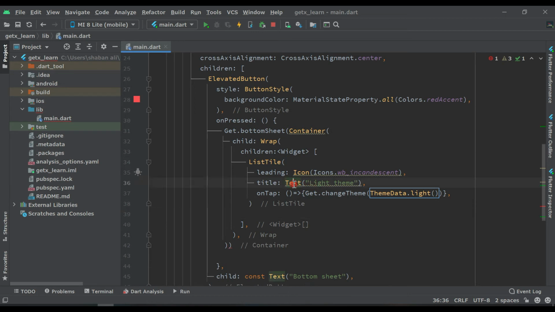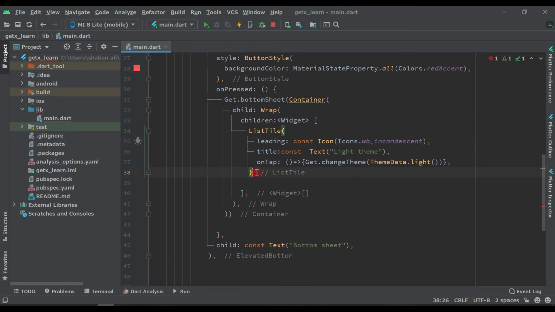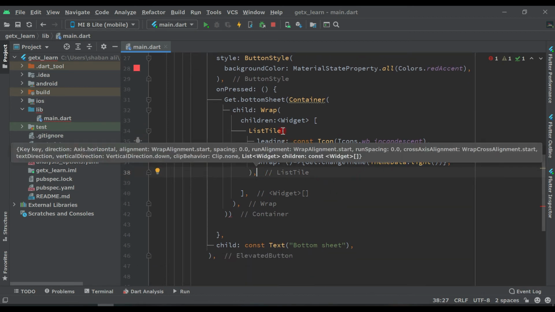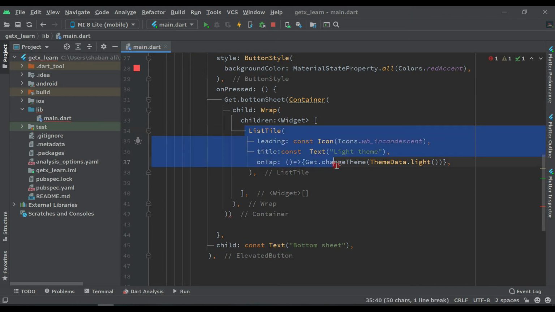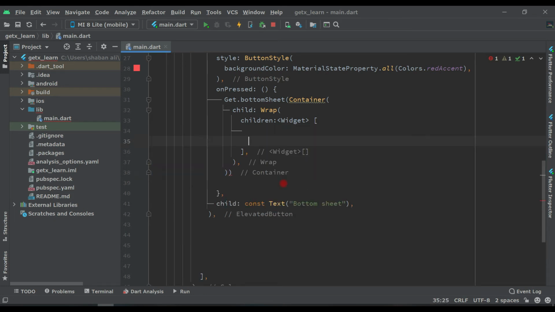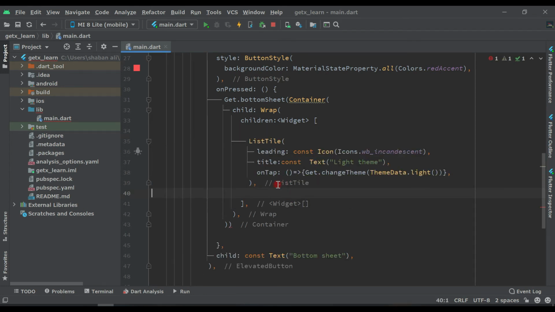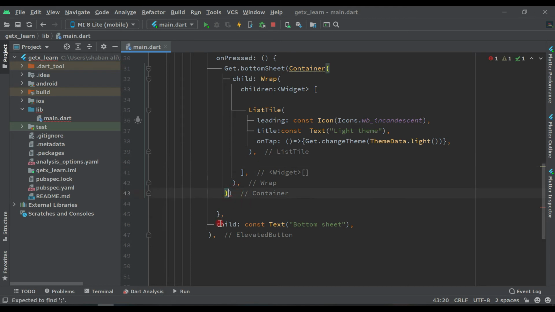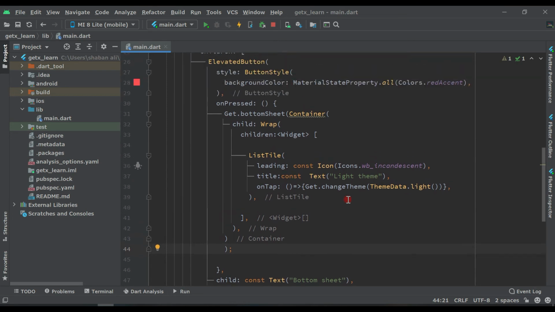Now click on it, on Text, and type const like this, and here const. The error has gone. Now put a comma here, and let's copy this ListTile, copy this, and after this just simply paste it, and put a semicolon in this container. Now everything is useful.